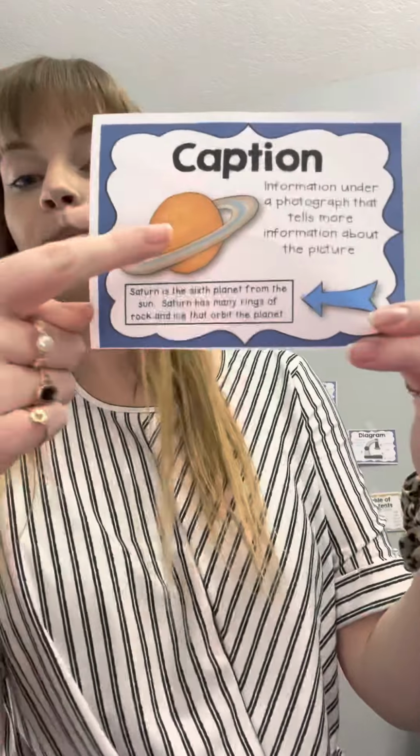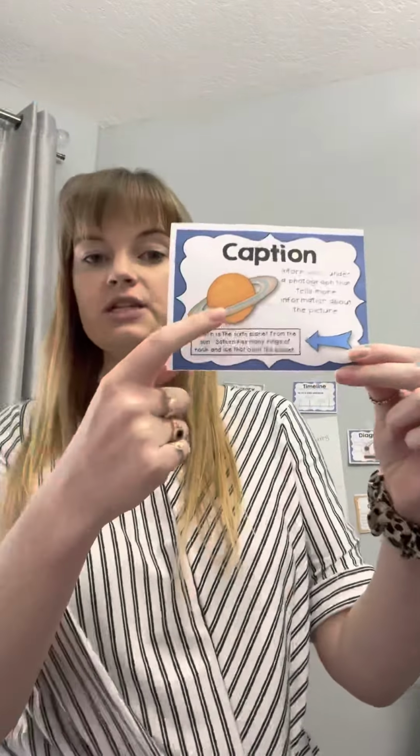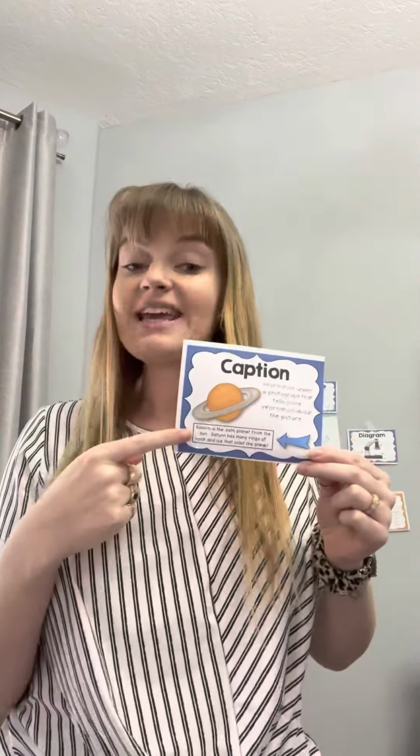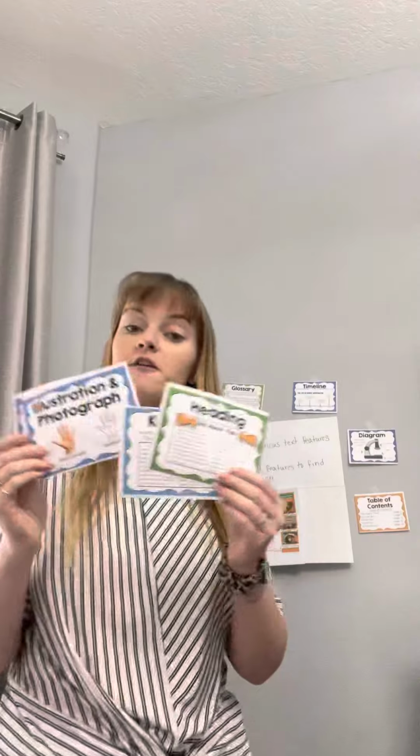So it's giving me more information about this illustration. Maybe I didn't know what planet this was. Maybe I didn't know it was a planet. So that caption can help me learn more about the illustration. So now we're going to take our four brand new text features and we're going to look for them in